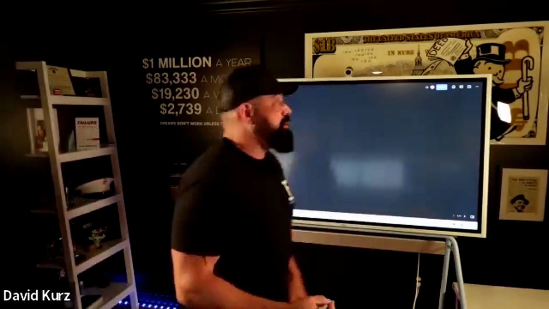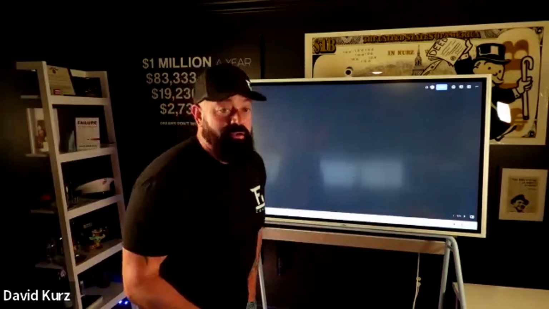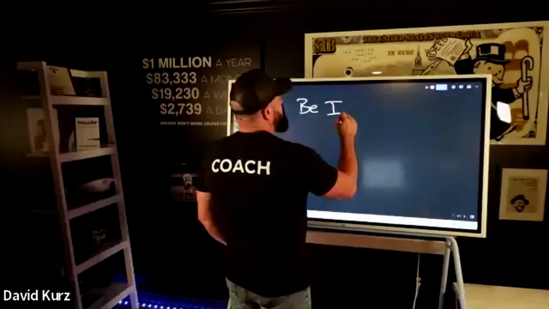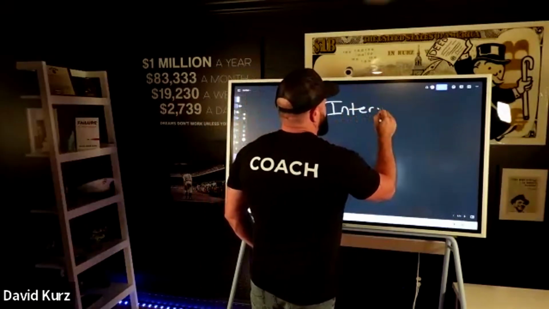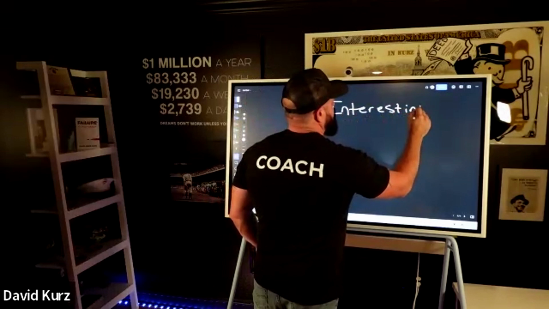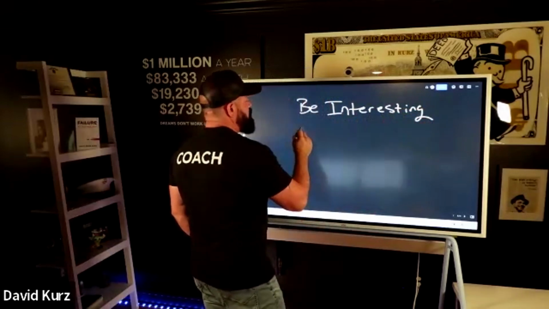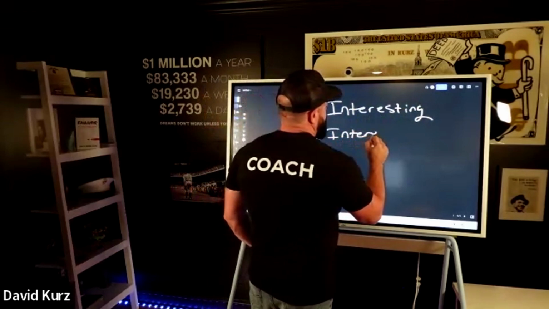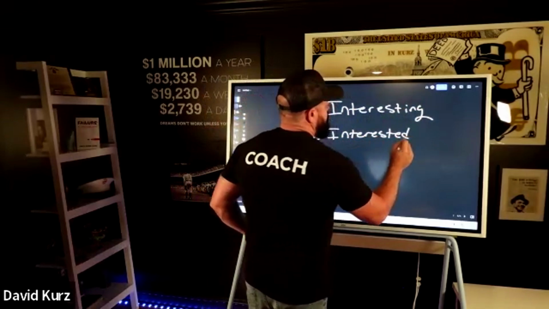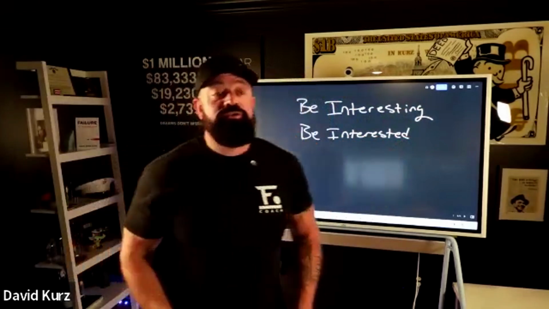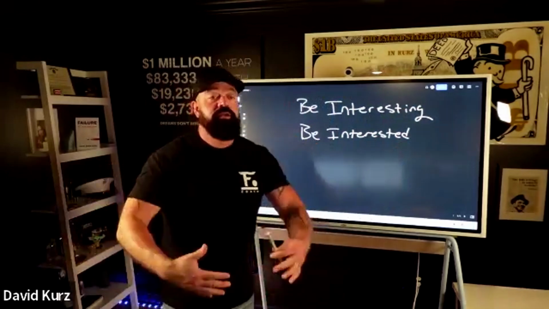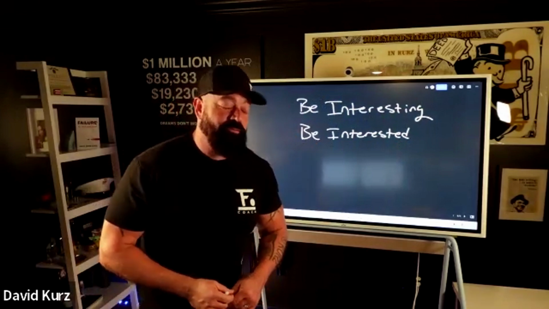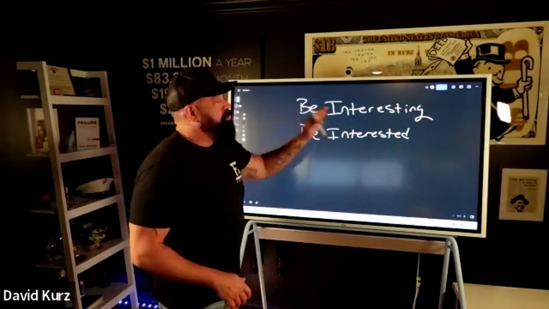There's something that somebody told me once, and I've repeated it ever since. That you need to be on social media. You need to be interesting. Okay? But you also need to be interested. What does that mean? That means that you can't go to social media and just create a bunch of content and not really give a poop about other people's content. Yes, I said give a poop, right? You have to be interesting.